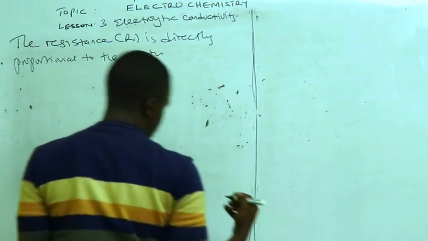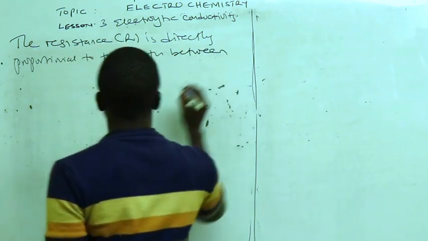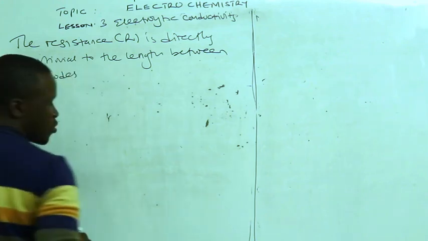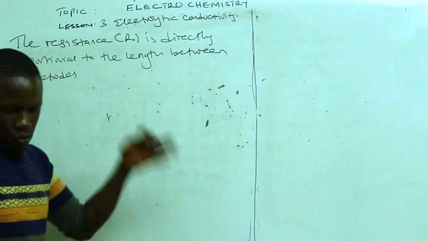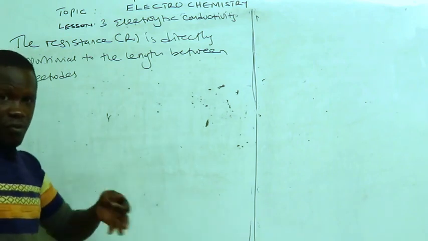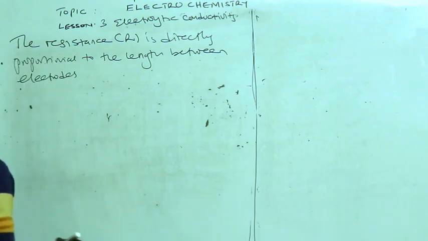Now in this case it would be the length between electrodes, because we are looking at an electrolyte where immersed electrodes are the ones allowing the movement of electrons and hence current. So the resistance R is directly proportional to the length between electrodes